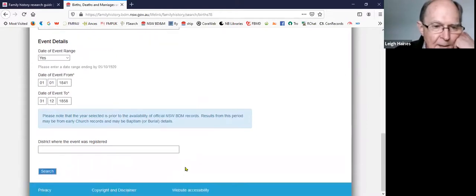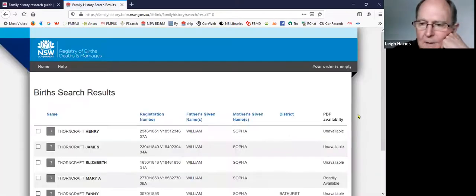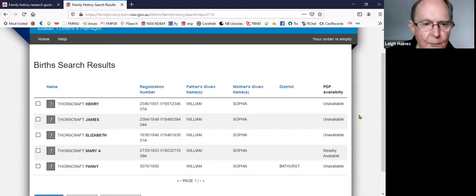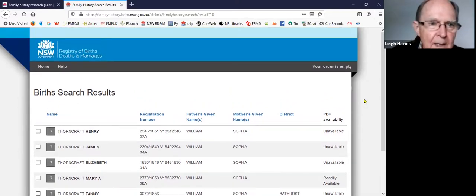So if we then hit the search button, we get these registrations for this couple's children. And you'll note that there are 5. Okay, we believe they had more children than that. So if we go back